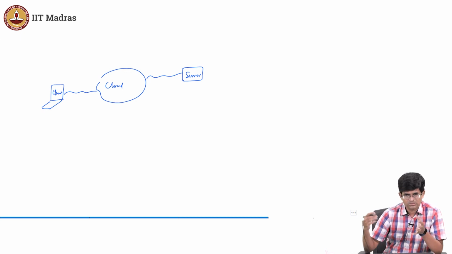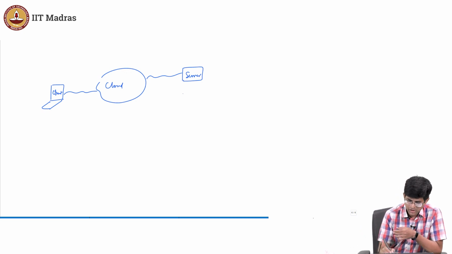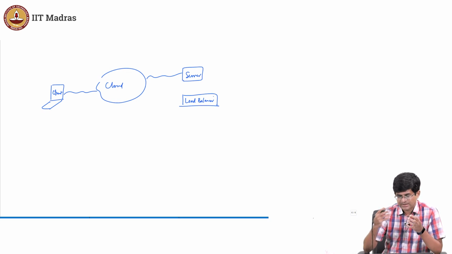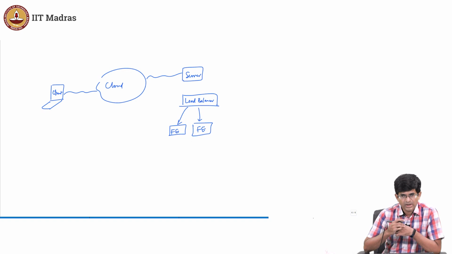This server is not just one machine sitting somewhere in a data center. Usually what you will find is that this is actually something called a load balancer. What does a load balancer do? It's a program running somewhere on a machine whose only job is to basically sit there listening for network requests, and as and when it gets a request, what does it do? It forwards that request to someone else to answer. Usually it will end up sending out the request to one out of many so-called front-end servers. What are these front-end servers? They are the ones who actually take the HTTP request.